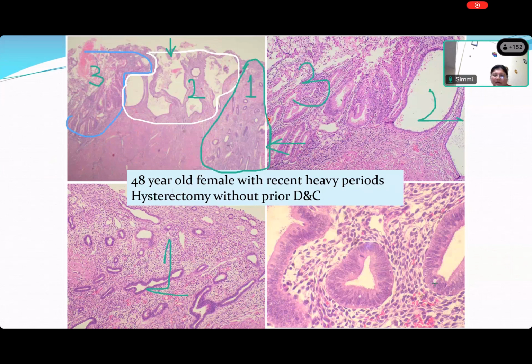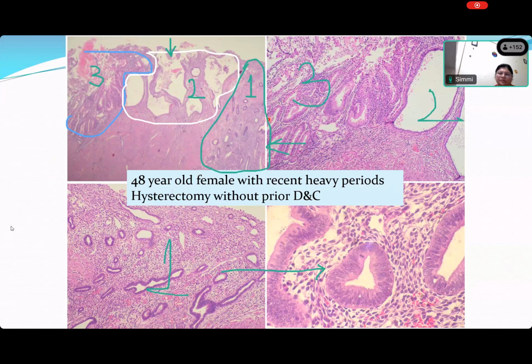Okay. And number 3 looks like a disordered proliferative endometrium. Well, maybe disordered proliferation, but it is estrogenized. And you can see how this looks. This is not the back-to-back one. So this is what it looks like. Actually, if you look at it, this is what ordinary proliferative endometrium looks like. Round glands, etc. There is some degree of branching, so there is some disordered proliferation. So really, what is happening over here, Simi? Tell me in terms of physiology, what is going on in this endometrium?